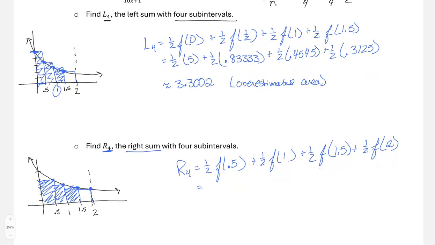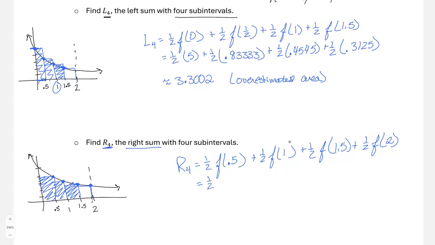I'm going to plug these in off screen using my calculator. When I plug in 0.5, I get about 0.8333. When I plug in 1, I get 0.4545. When I plug in 1.5, I get 0.3125. And then when I plug in 2, I'm going to get 0.2381. If I were to add everything together, I'm going to get about